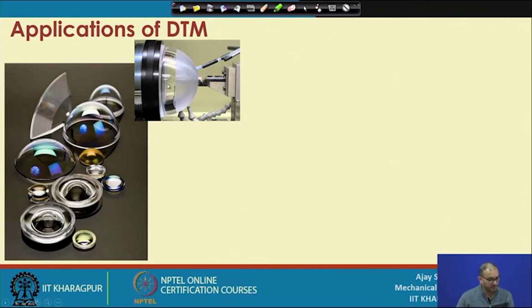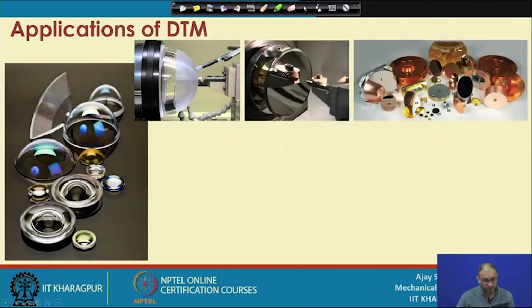This is one of the applications where polymer is being machined on a diamond turning operation, and most of the metals, non ferrous mostly, because when you are using a diamond as a cutting tool, ferrous materials create problems because of the carbon migration from the workpiece to the tool, and because of that you will get different types of wear on the diamond cutting tool very quickly compared to non ferrous material. So, copper, aluminum, brass and silicon are also some of the materials, and all these materials can be polished, and the surface finish is extremely high. You will quickly achieve less than 1 nanometer surface finish by setting optimum process parameters for the speed, feed and